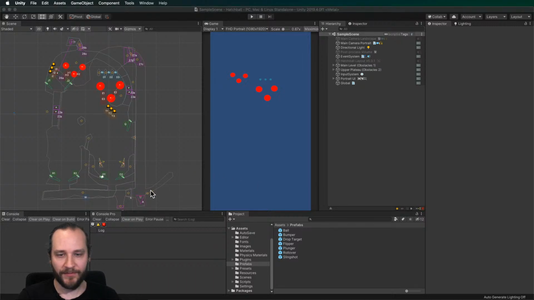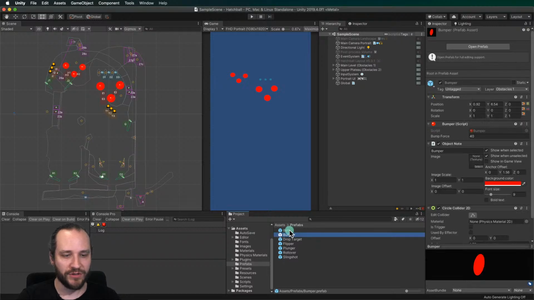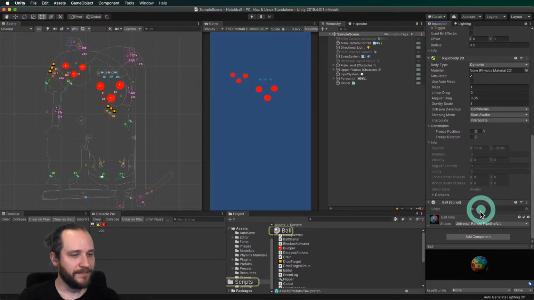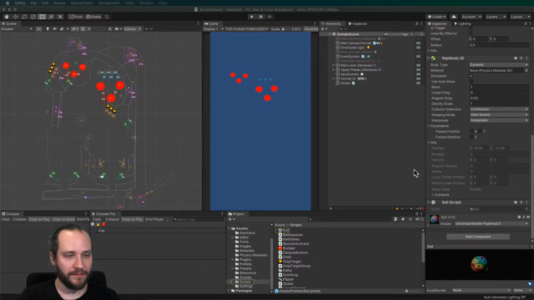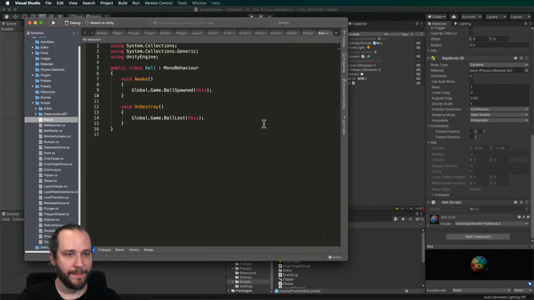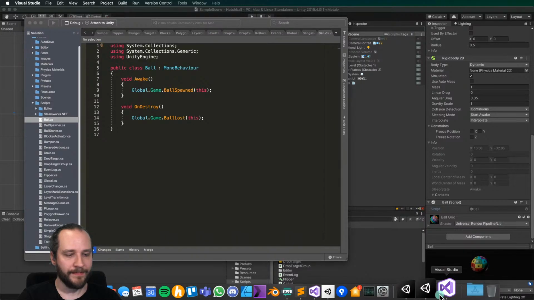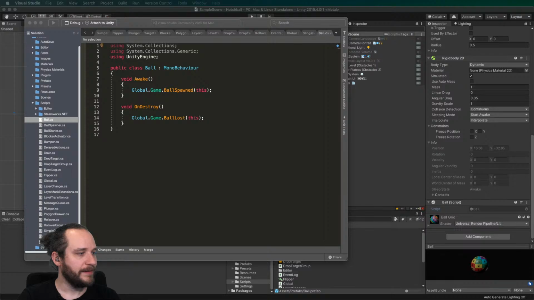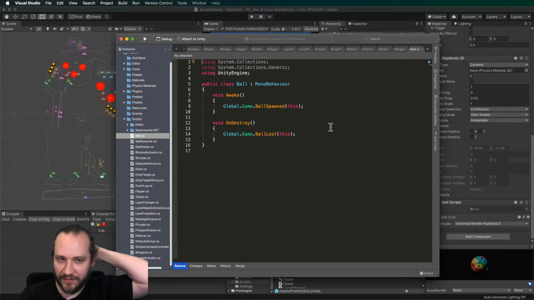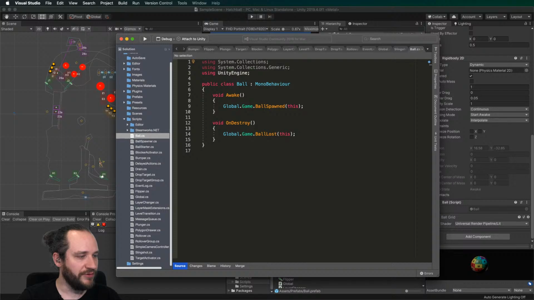Right, so we've got the balls spawning there from the ball prefab, and the ball prefab should have a ball script. Does it? Yes, it already has that, so that's nice. I can just open that. And here's Visual Studio. I've got 2 Visual Studios there. This ball script, the only thing it does now is it knows about spawning, and when the ball is lost, it will let the game know that it's lost. So the other thing that we need to do is make sure that the ball